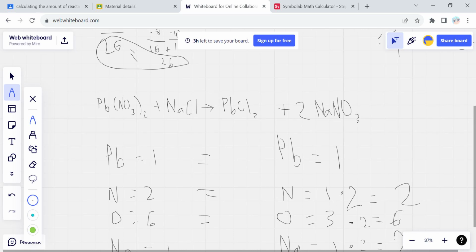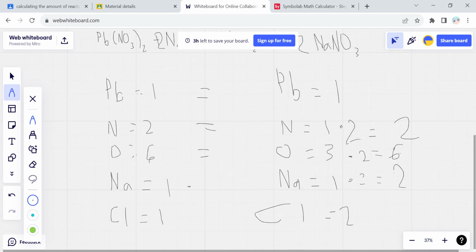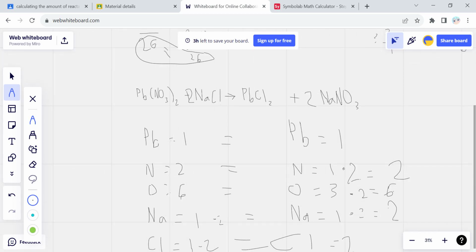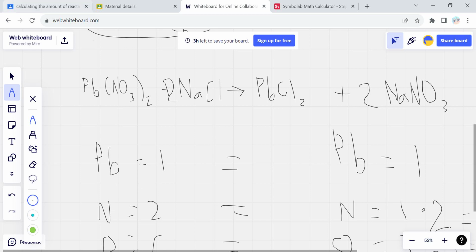To balance them, we just have to add 2 here. So if we add 2 here, now they're balanced. 1 times 2 is 2, 1 times 2 is 2, they're balanced. Same here as well. Now they're all balanced. So this is the balanced equation. My handwriting sucks. Anyway,